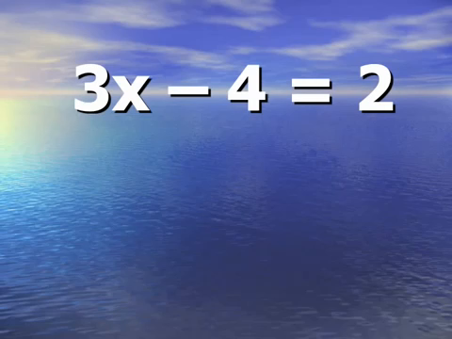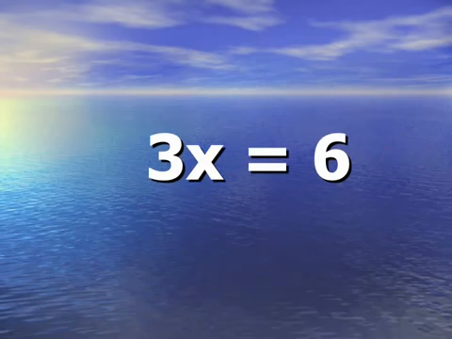When you solve an equation, it's like balancing a scale. Anything you do to one side of the equal sign, you need to do to the other side. So, what I need to do is plus 4 to the right and left side. After I do this, a little computation later, I get 3x is equal to 6, which means 3 times x